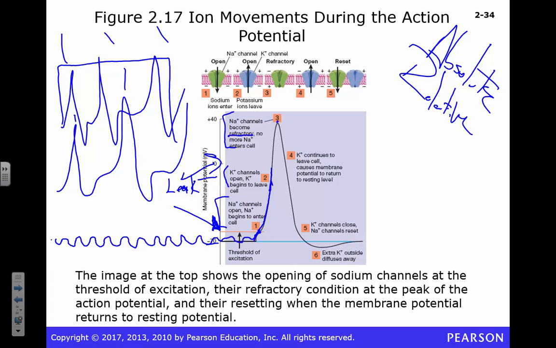We briefly overshoot resting membrane potential. We call this the after hyperpolarization. Okay, not too big of a deal. Then, through those normal mechanisms, we're going to come right back up to that resting membrane potential, and we're going to hang out there until something else comes along and says, hey, it's time you fired an action potential. You've not done that in a good half a millisecond. So do it again.